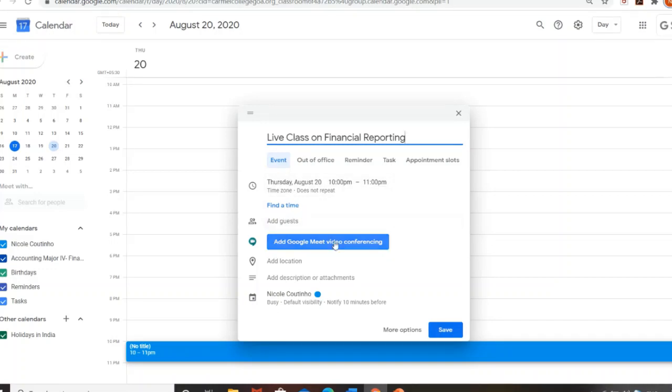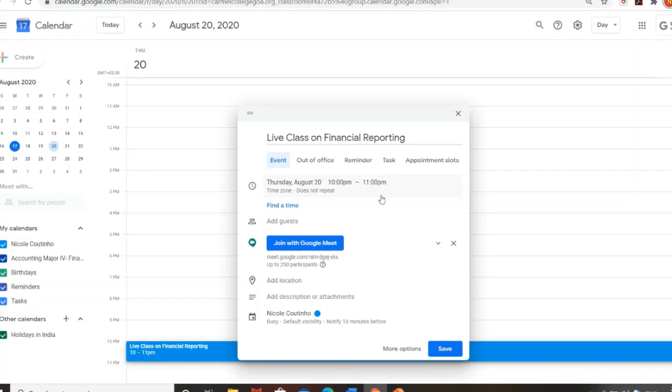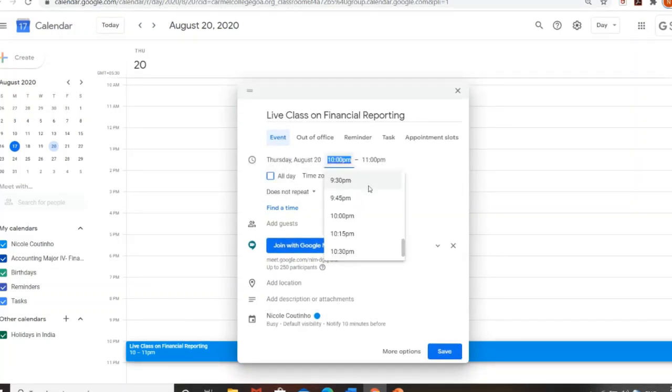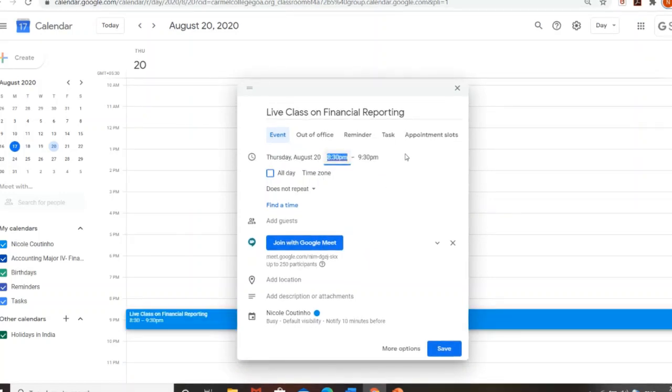Then I will add Google Meet video conferencing details. I will also adjust the timing of my meeting depending upon what slot I have chosen for my subject.